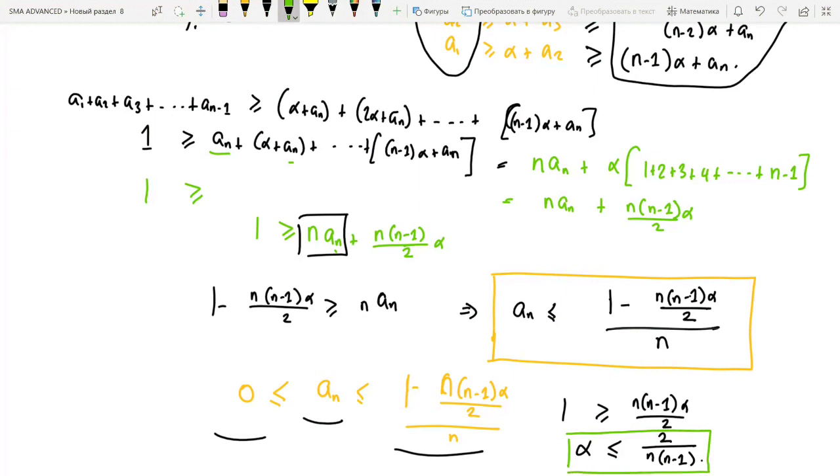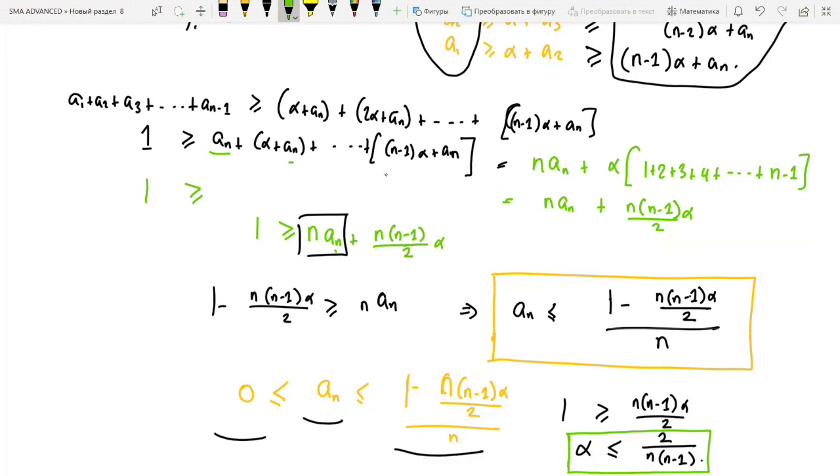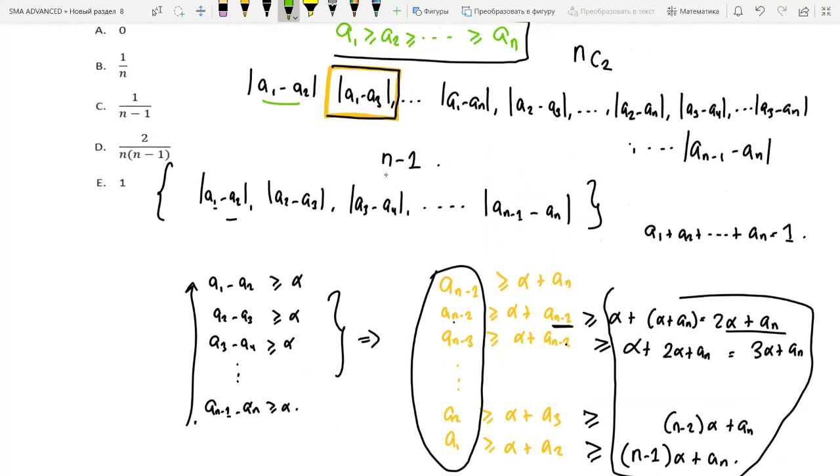But at this stage, we are not yet done with our question. Remember, if we have to prove these maximum and minimum value questions, we first of all get the inequality, and after we have gotten the inequality, we should find a case of equality, like an example where these alphas and all this equality holds. So if we go back to our question now, we see that this 2 over n minus 1 is actually in the options, and that is actually the answer we get.